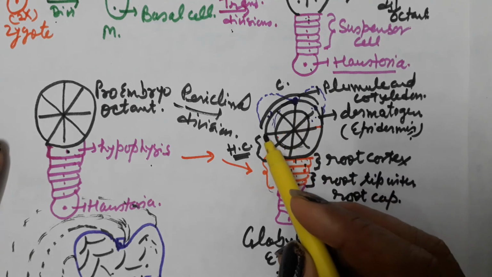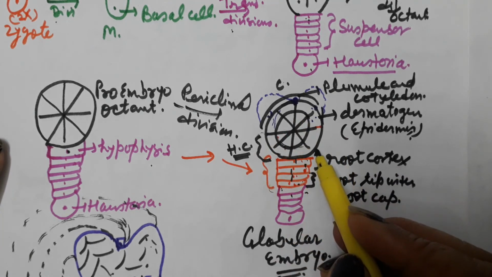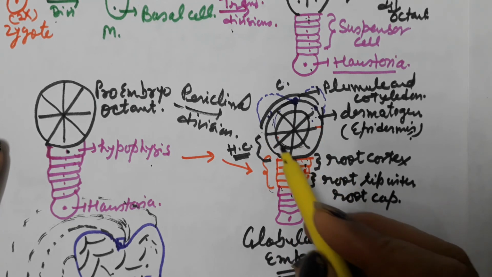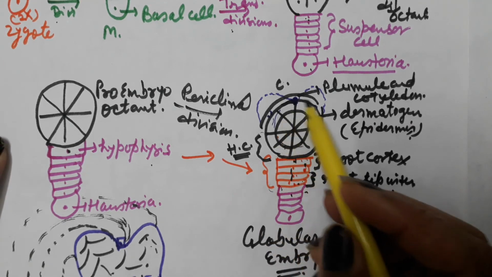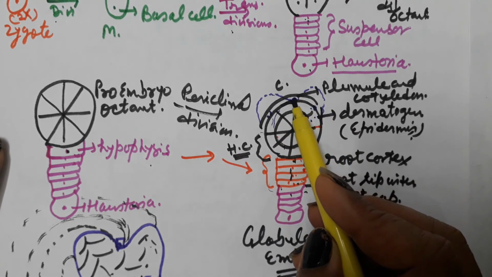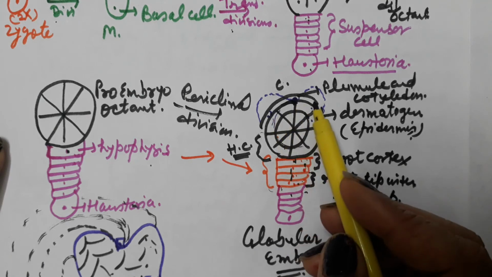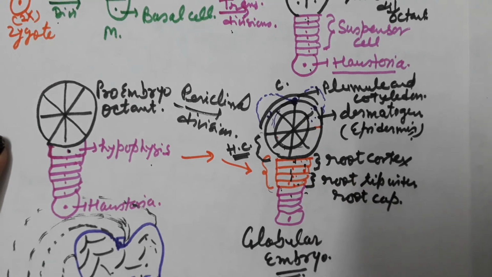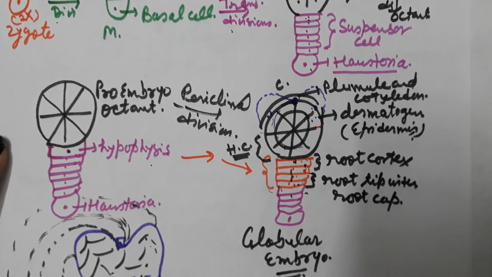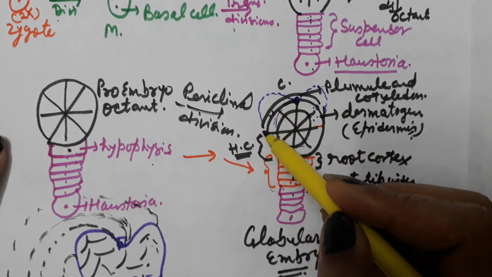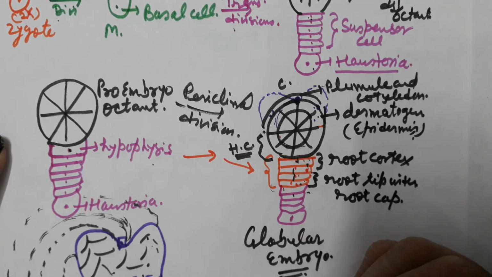Similarly, in the embryonal cells, the lower half of the embryonal side, which is present towards the hypophysis, gives rise to the hypocotyle region, and the upper half, which is present towards the chalazial end, gives rise to the plumule. In the center the plumule is differentiated, and on either side of the plumule they give rise to cotyledons. The shape of the embryo at this stage is globular. Later on it goes into a heart-shaped structure by the growth of the cotyledon. Now the growth of the cotyledon takes place from here and the globular embryo changes into a heart-shaped structure.